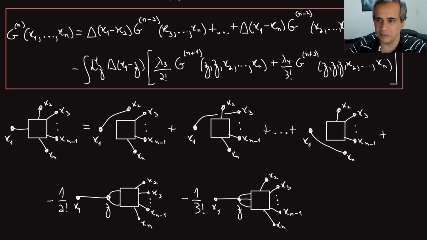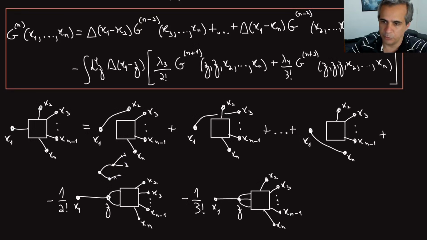These factorials here, you could think they are symmetry factors associated with these lines, but that's not really guaranteed. I have to keep this factorial because, for instance, this line could be something very simple, like something doing this, x2 connecting to point 2, 3, and the other one going to point n minus 1 and n, and then there's no real symmetry factor. You have to be careful with symmetry factors here. So for now, I'll just keep this 1 over 2 factorial, and you have to see when you draw the diagrams if there are other symmetry factors that come from here.